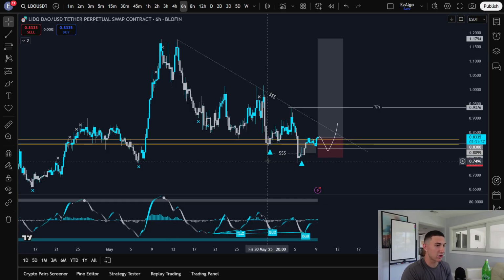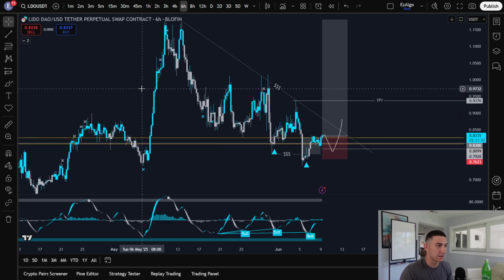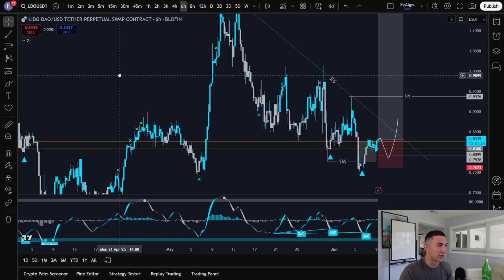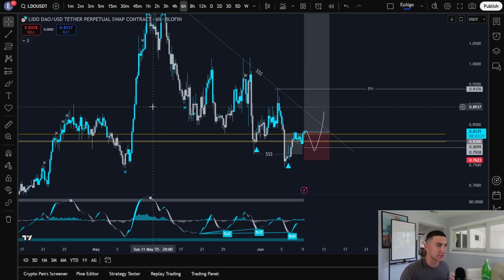Okay, so this is a current swing position that I'm in. Of course, I call this in real time inside of the Pro Discord. Let's go through my system, how I enter a trade, what I'm looking for in a winning setup, and all of the good stuff. So as you can see here on LDO USDT, I'm actually on a 6 hour time